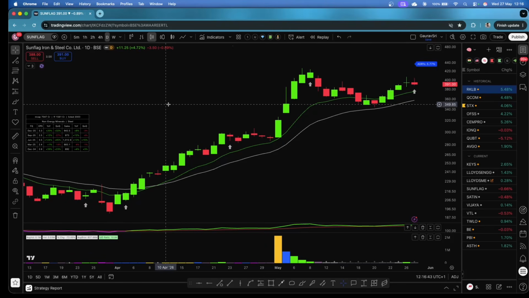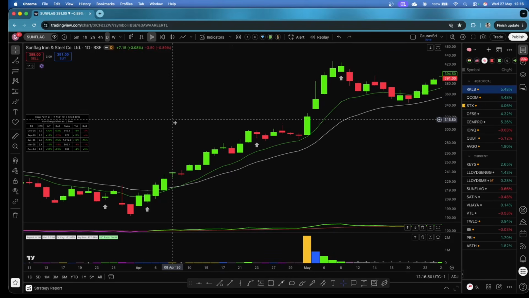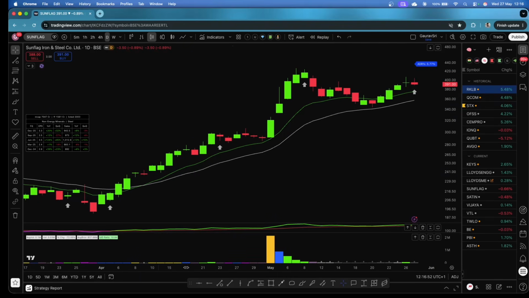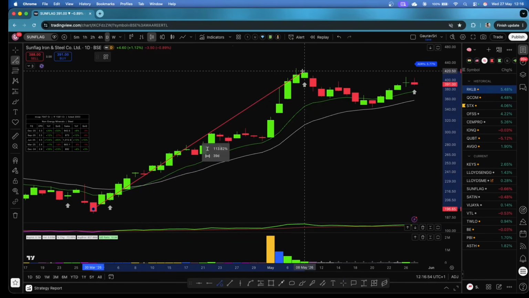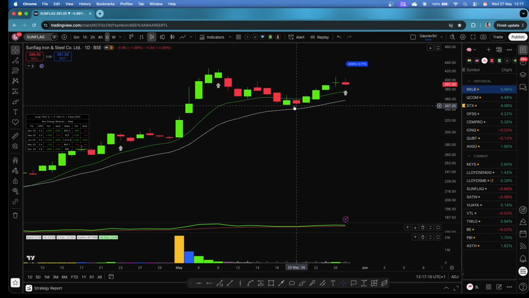Another example, from the Indian market, which I traded and posted on X live, was SunFlag. SunFlag in the Indian market did a very strong move, approximately 100% or so, yeah, 113%, and then it started doing a very clean, nice pullback. So if you see here, these candles show a slow and steady pullback to its EMA. Now at this candle, 19th and 20th, this will become our trigger point. So you see this candle become very tight to its 21 EMA, and after that, anything above 20th of May